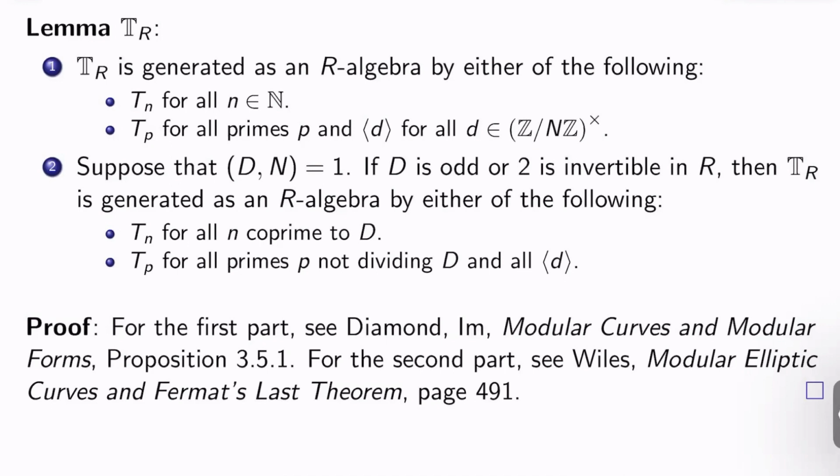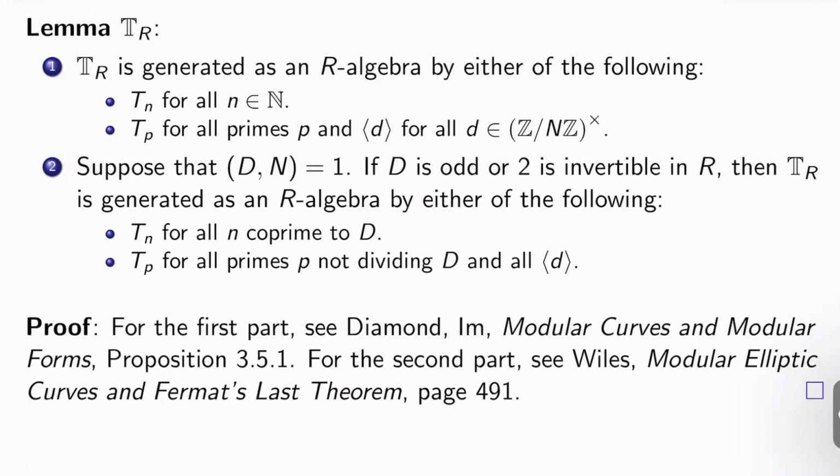And then two, let's suppose that D and N are coprime. If D is odd or 2 is invertible in R, then T_R is generated as an R-algebra by either of the following. The Hecke operators T_n for all n coprime to D, or the Hecke operators T_p for all primes p not dividing D, and then all of the diamond operators <d>. This is a pretty standard fact. I guess for a proof of the first part, you can see Diamond–Im. And for the second part, you can actually see Weil's original paper, page 491,